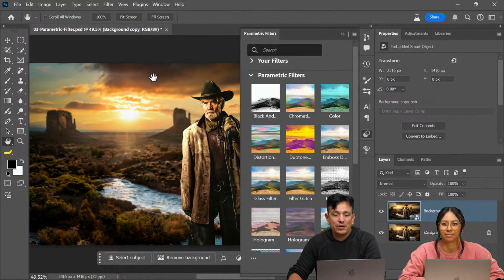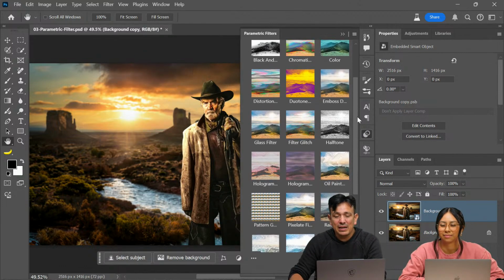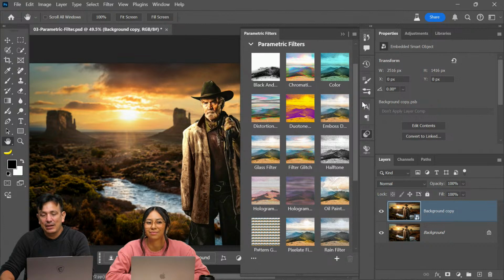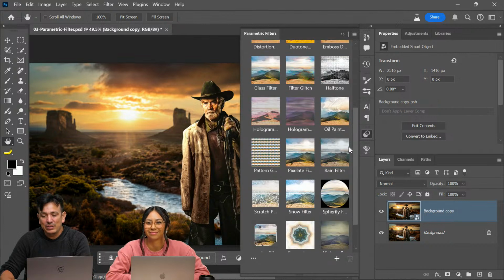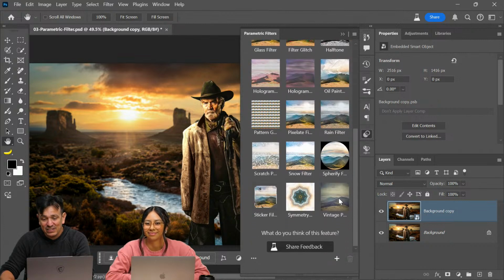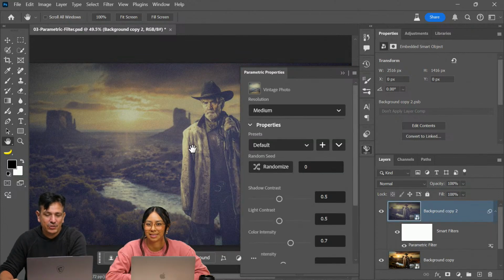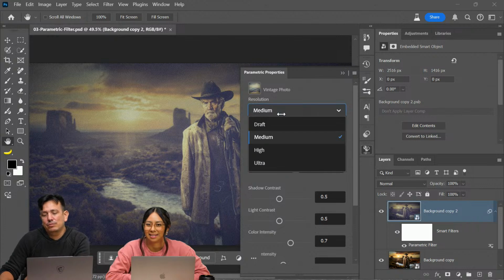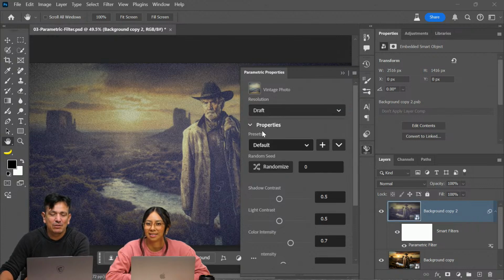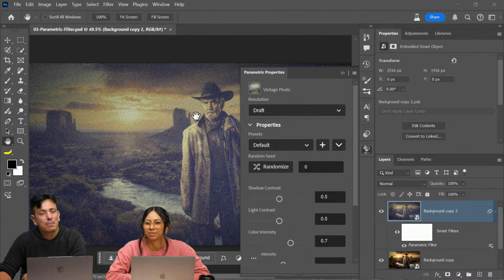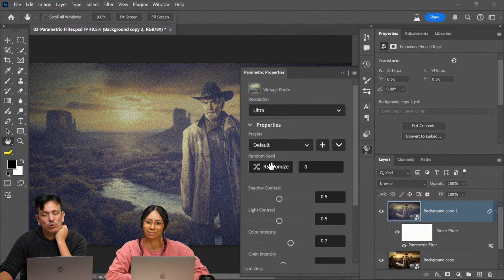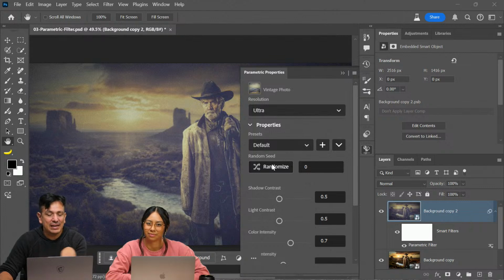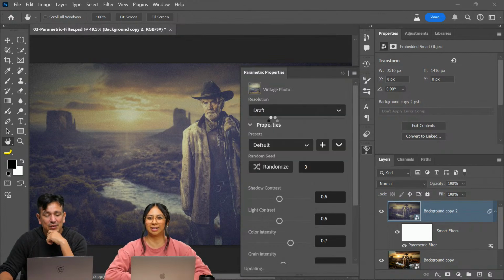So you click on parametric filters, this is what you get, and you can just click on, I don't know, we'll click on the one that I like, the vintage here. Ooh, which is why I chose that photo. And the first thing to note is you have the resolution. Usually I like to work with draft, so it just looks really not that good. But then when you're done, just change it to like ultra. That way you can adjust the settings faster. So we'll leave it at draft,